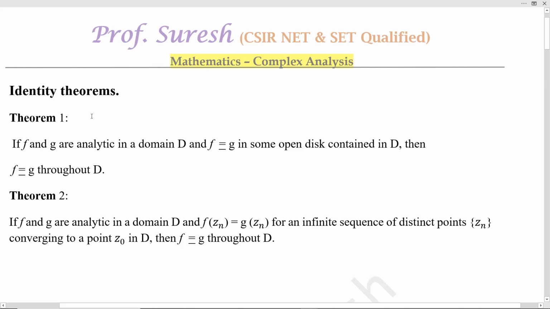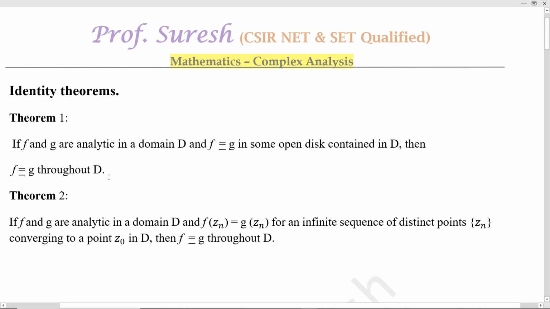So, important identity theorems. Theorem 1: If f and g are analytic in a domain D and f is identically equal to g in some open disk contained in D, then f is identically equal to g throughout D. The meaning is, D is the domain here. Instead of checking how the functions f and g behave on the whole domain, it is enough to check in the open disk itself. For the values in the open disk, if the functions are equal, then the functions are equal throughout